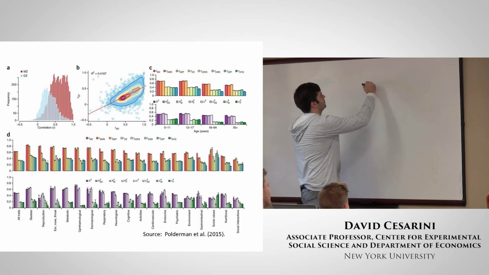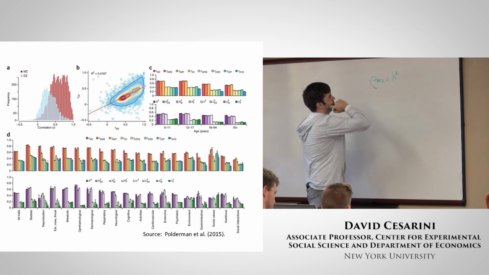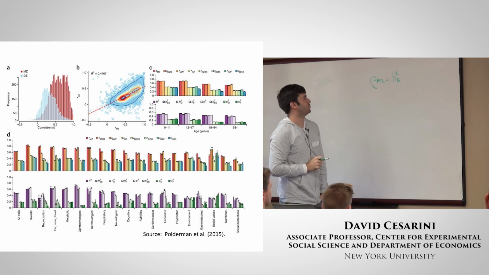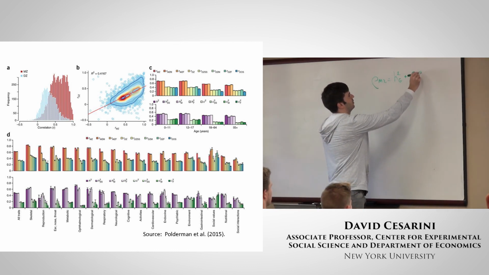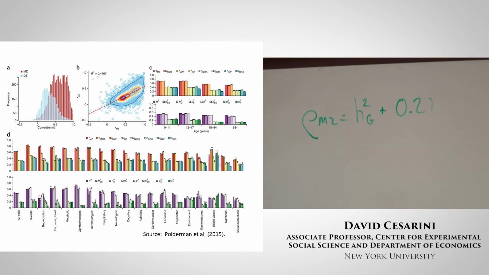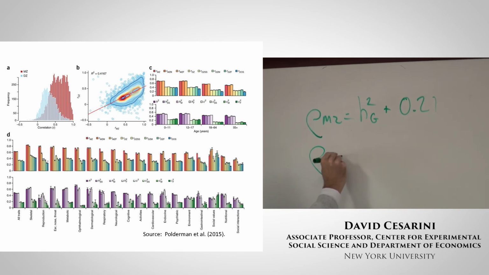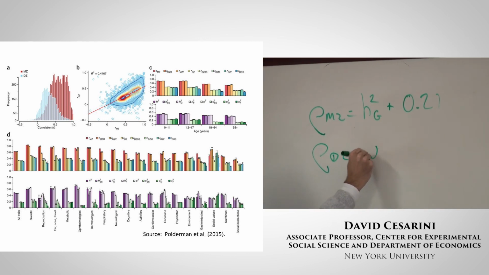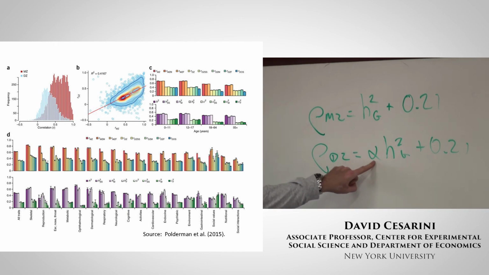Okay, so what do we have? H2G. So let's call that broad sense heritability plus 0.21. This is, of course, we're still making the assumption that the covariance of these U square terms are the same in all time. Okay, we have rho DZ equal to some parameter of resemblance that I called alpha, times H2G plus 0.21. Those are our new moment conditions, and now somebody can tell me what alpha is. That's one way to do it, right? And an alpha of a half would tell us, okay, it's all